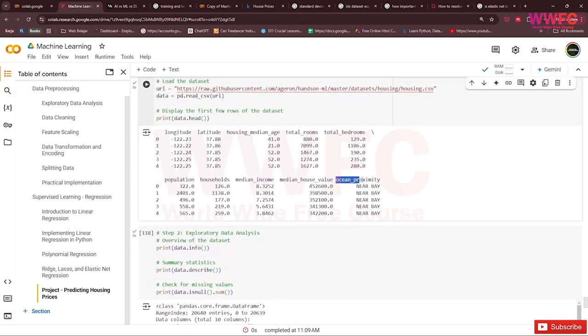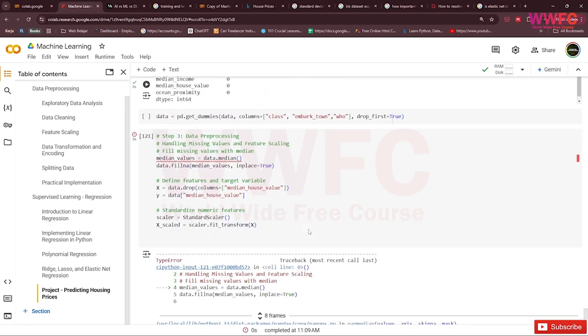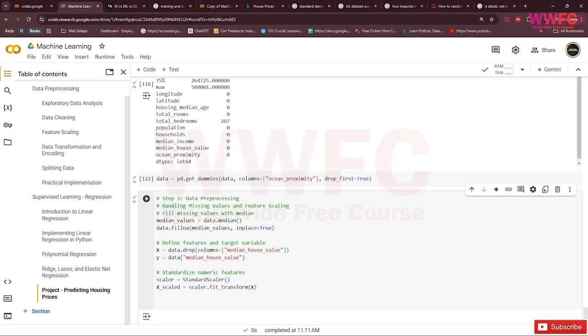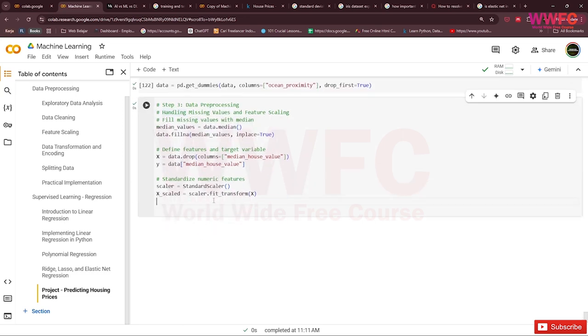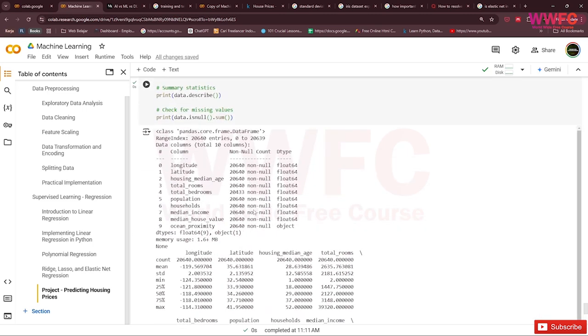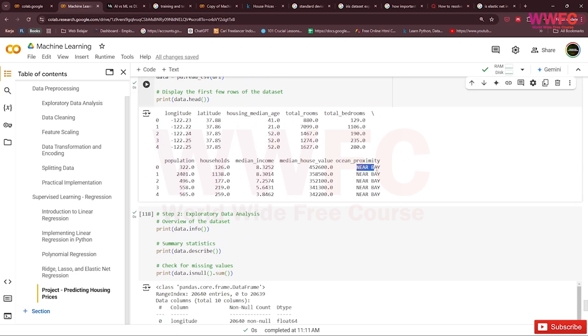The ocean proximity column is not numeric data, right?